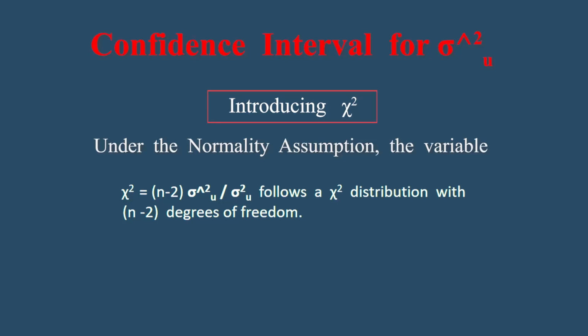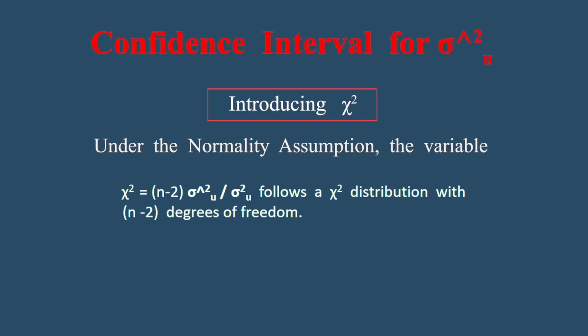The chi-square distribution follows n minus 2 degrees of freedom, because in a two-variable regression model, alpha and beta are the unknown parameters which are to be estimated. By the formula of degrees of freedom, we have the number of observations minus the number of parameters to be estimated. So this goes back to the expression n minus 2 multiplied by sigma hat square u by sigma